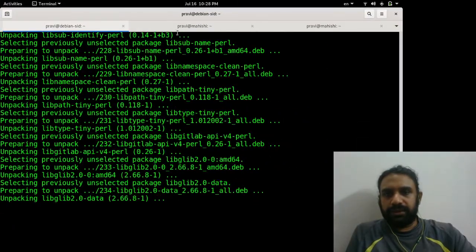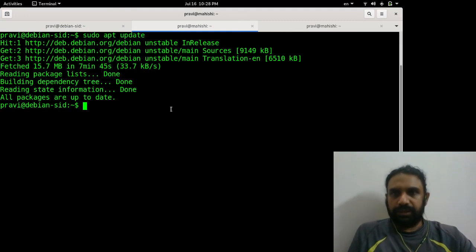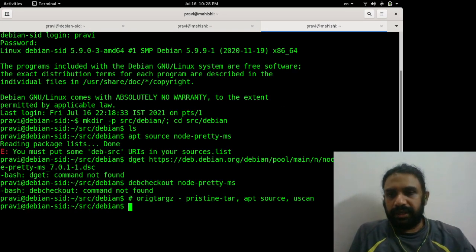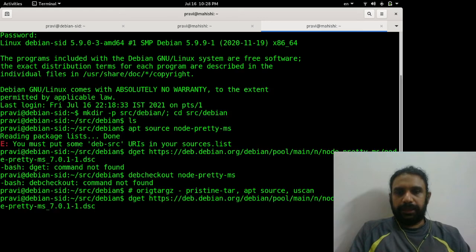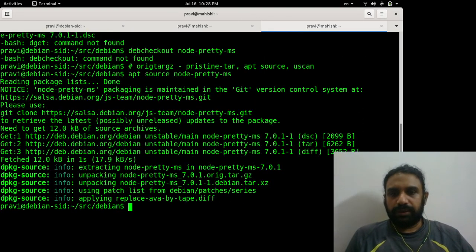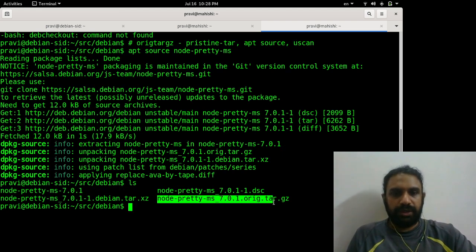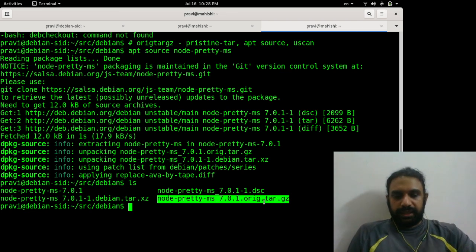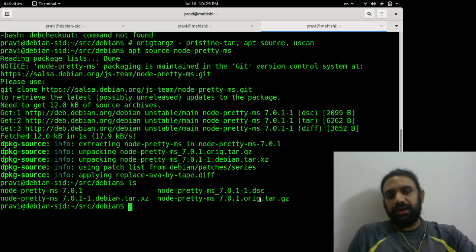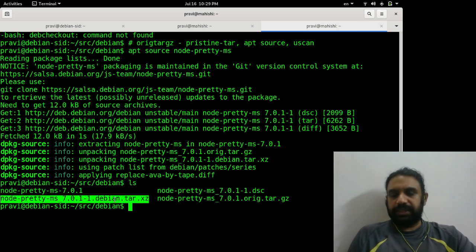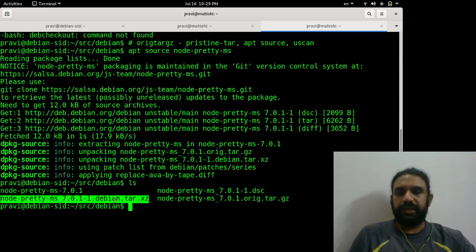Okay, so now this is complete, and this is also complete. Now let's see if we can get the source code. apt source node.tms. Now you can see the files are downloaded. There is node.tms_7.0.1.orig.tar.gz. This is the original tar file as released by upstream. And then we have all the Debian packaging files, and if there are any patches, they would also be present in